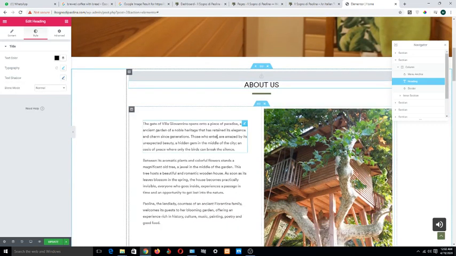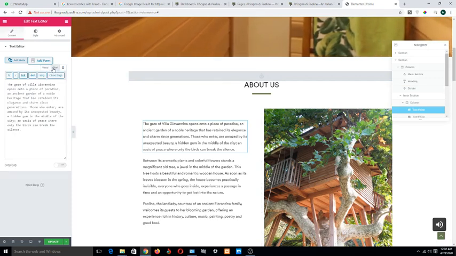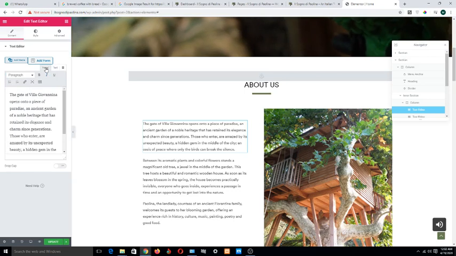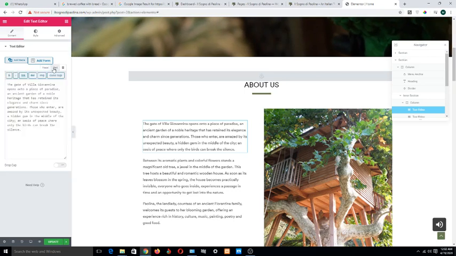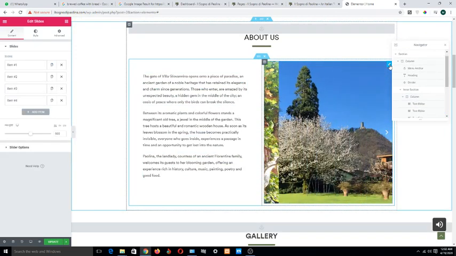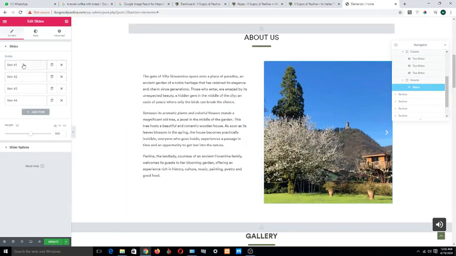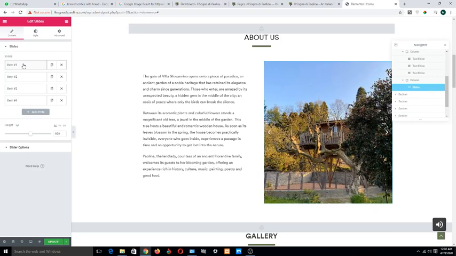Okay, and same, if you want to change this text, click on this pen icon and click in the text area. There are 2 options: visual and text. You can add your text. And if you want to change the image, click on this pen icon, and from here you can change the position of the images.